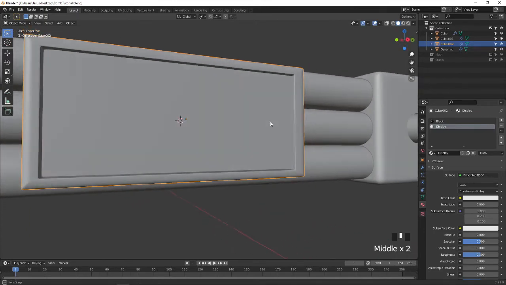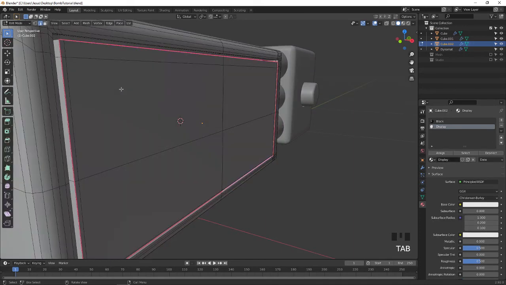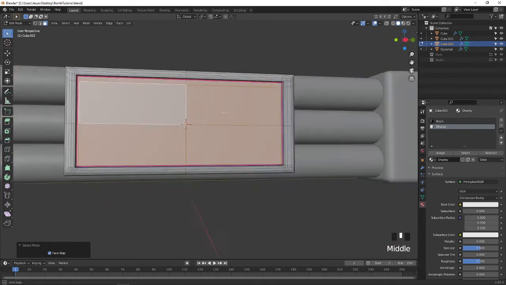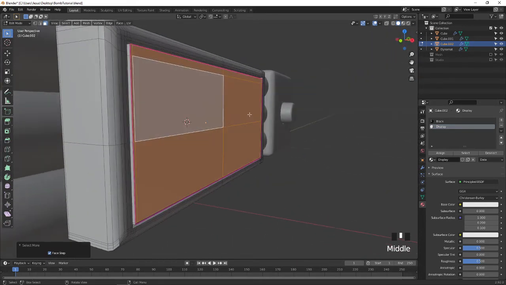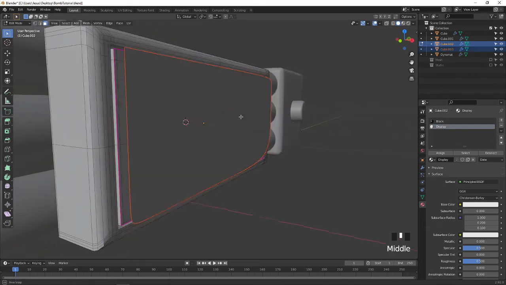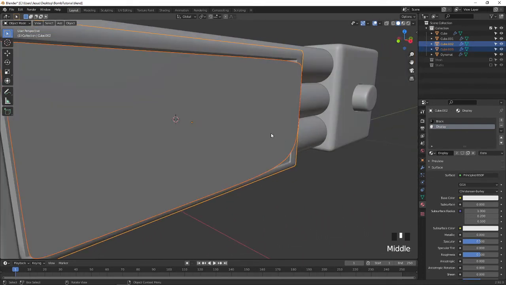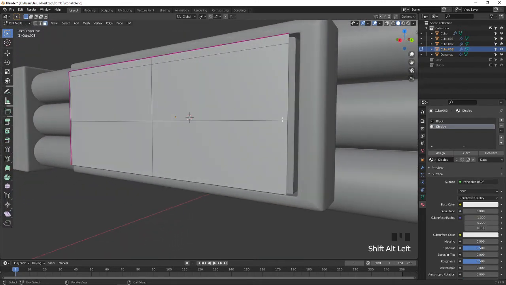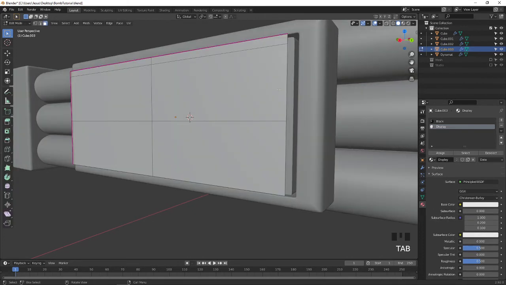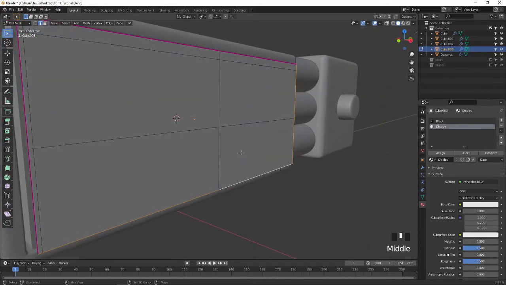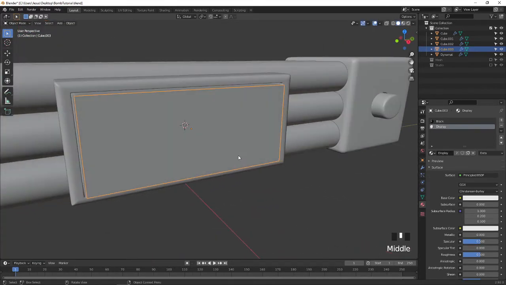Now go to edit mode, press 3 on the keyboard, select these, press Ctrl plus to select these top edges, press Shift D on the x-axis, move like this, and press P on the keyboard to separate the selection and make it different. So now this object has become different. Select these, press 2 on the keyboard, select these edges, press Shift E and 1 to create a crease for the same.